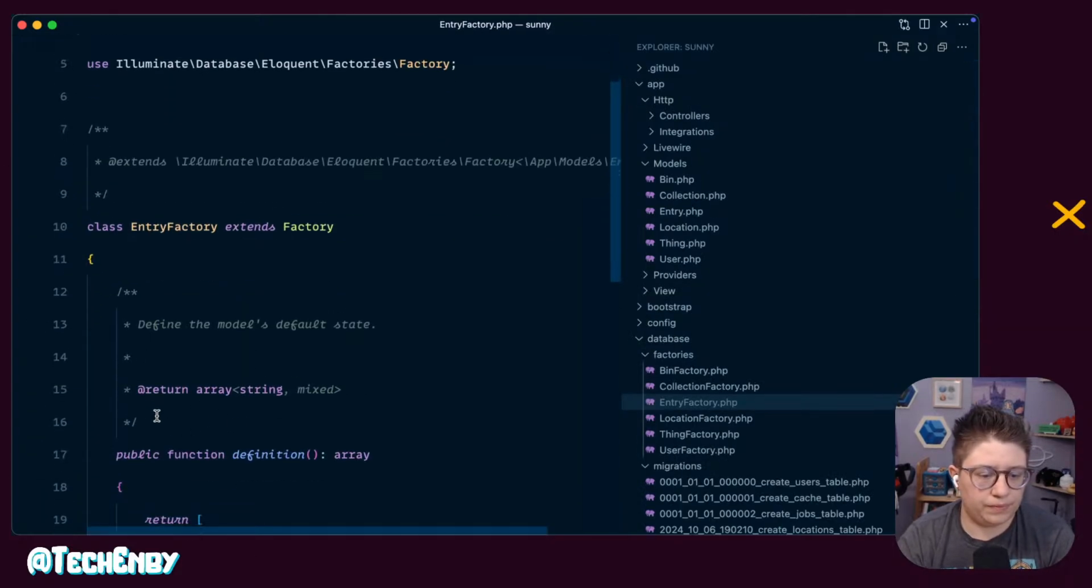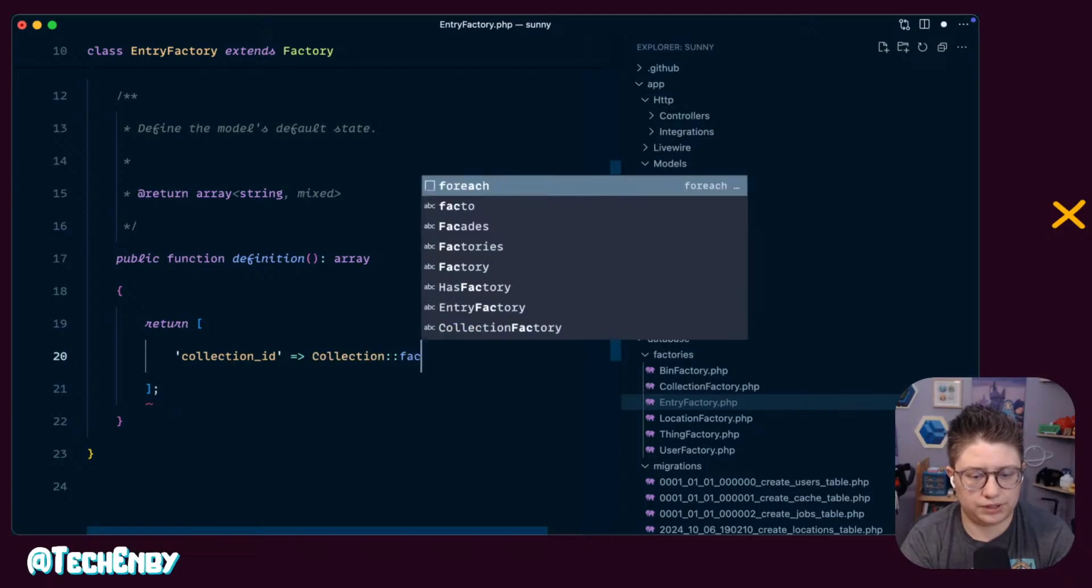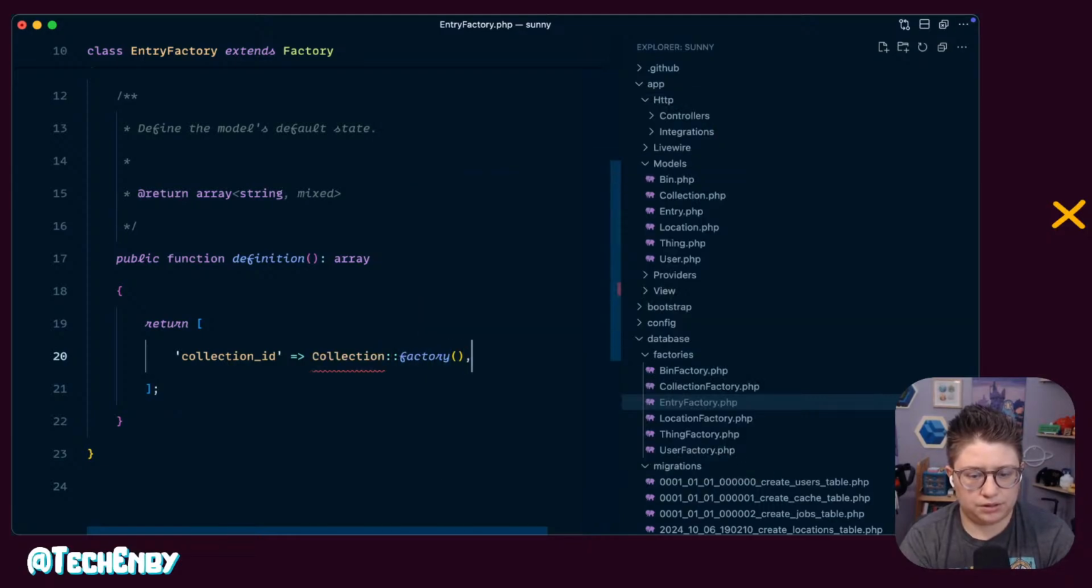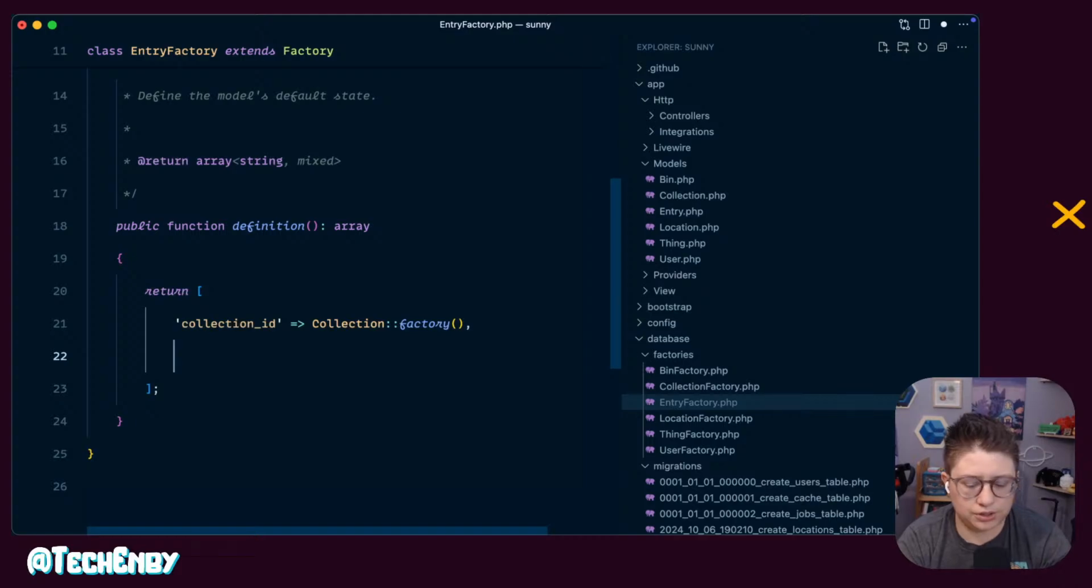Okay. An entry should have a collection ID, factory, import the collection model, and it should also have a name. Okay. So I used Lego as the factory's collection name by default. So I think I should use a Lego set. So let's say,